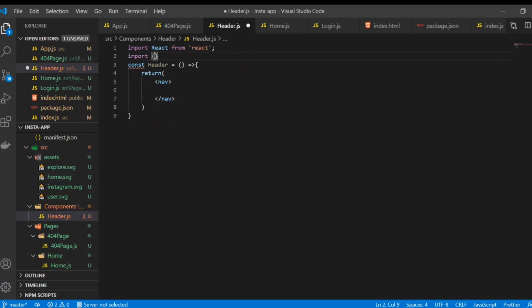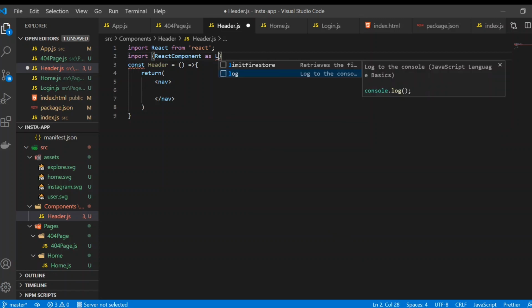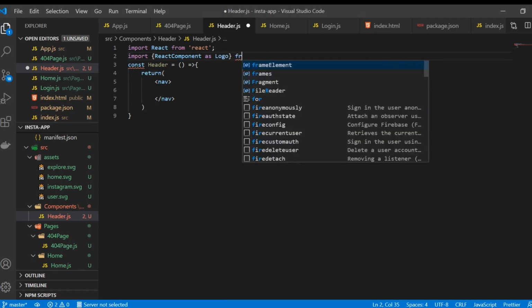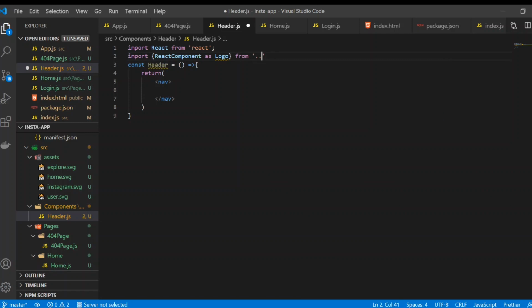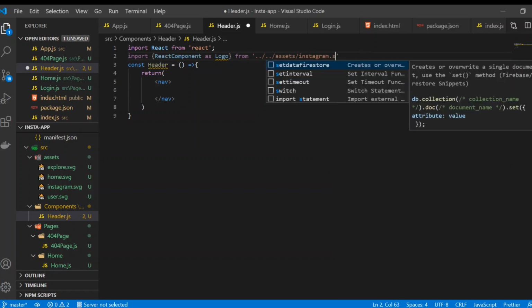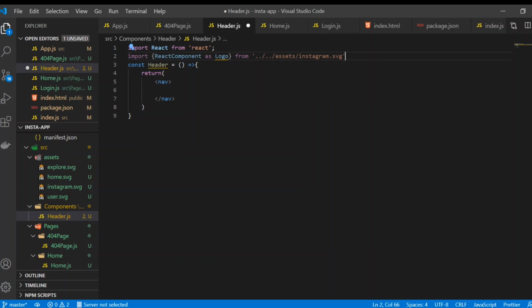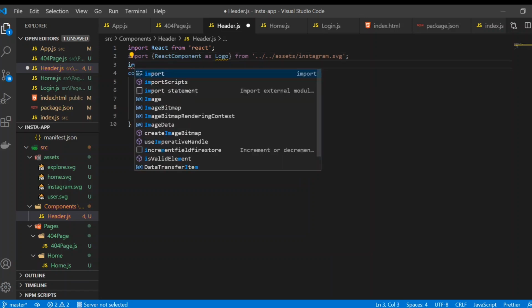So we're going to import this React component, import ReactComponent as Logo from ./assets/Instagram.svg, and also I'm going to import